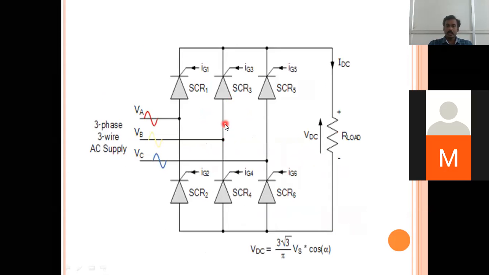Whenever you consider the controlled rectifier, in this controlled rectifier also you are going to have the same SCRs, three SCRs operating for the positive values and three SCRs operating for the negative values. Okay, so these are going to have the conduction starting at 30, 150, 270. The others are going to be 90, 210, 330. Those are the starting instants for the conductions. Okay, so same as in the earlier case, you are going to have the conduction provided, and we will consider the waveforms for these as shown here.